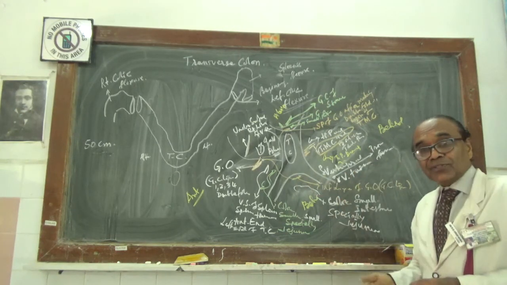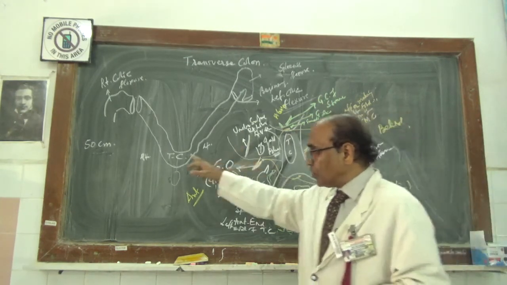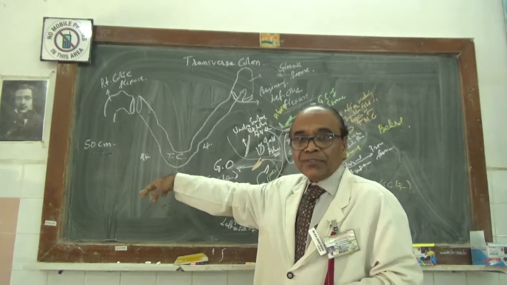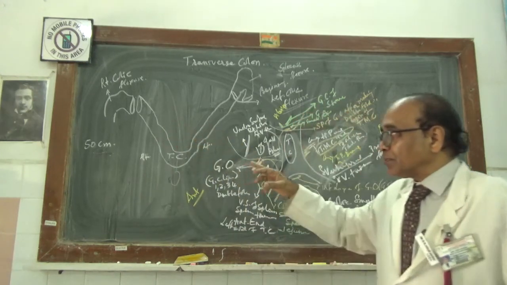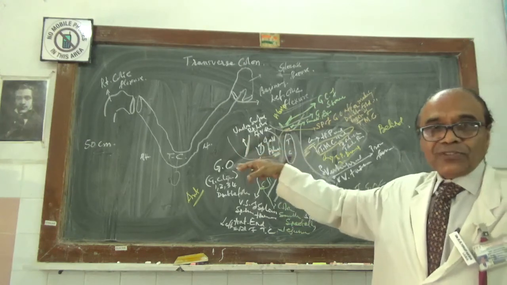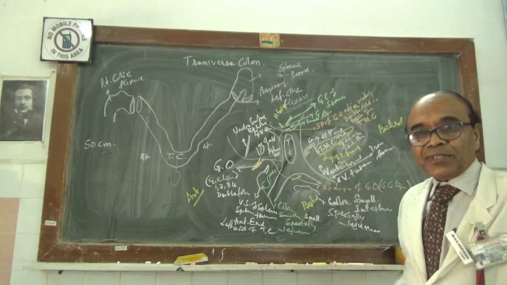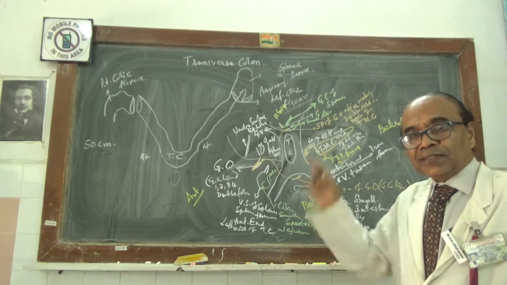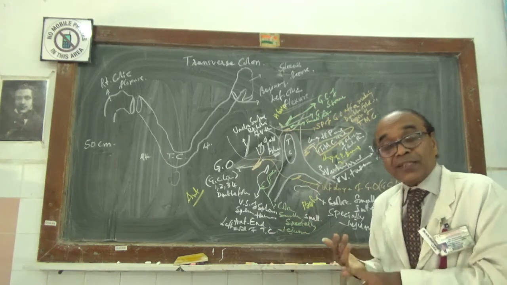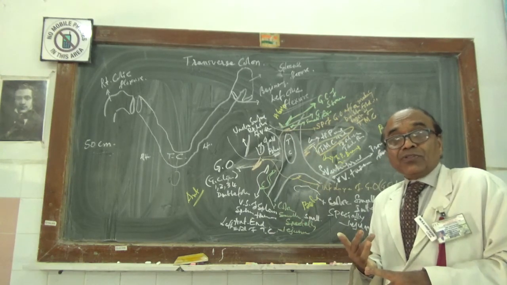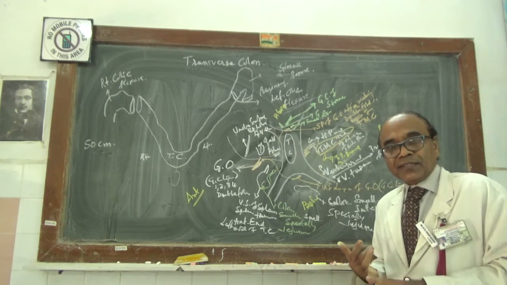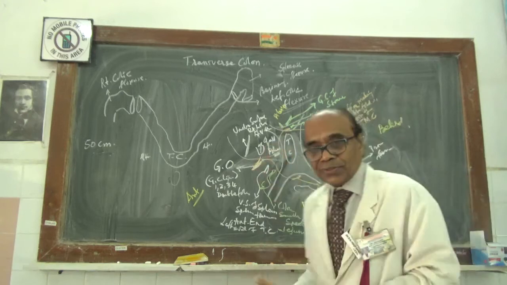After having had the nerve supply, the internal structure of the transverse colon is the same as that of the remaining part of the colon, the ascending colon, and the internal I am talking, not the histology. Internal of the transverse colon is the same as that of the remaining part of the colon, that is the ascending and the right colic flexure, and even the left colic and the descending, internal remaining the same. From inside out you have mucosal, submucous, muscular, outer longitudinal, inner circular, and then you have got the subserous and the serous coats.